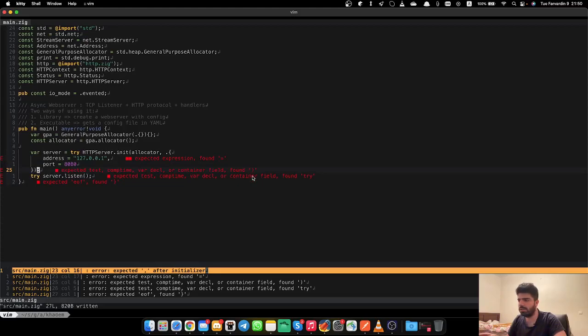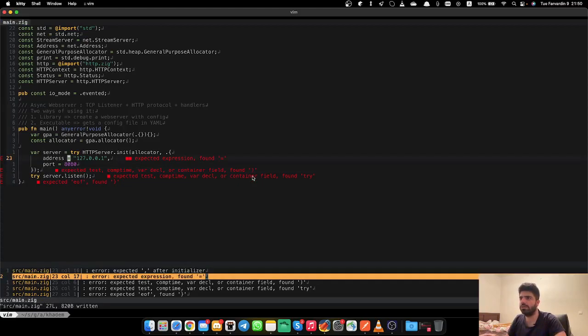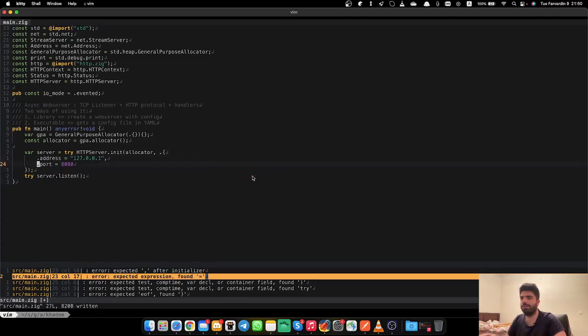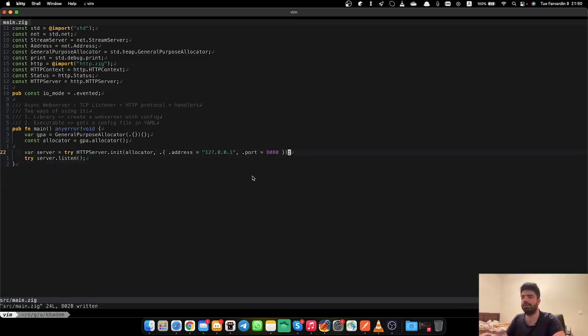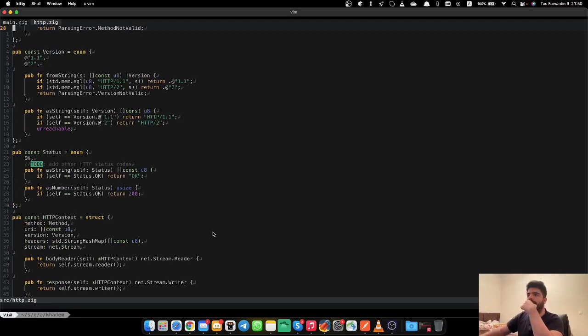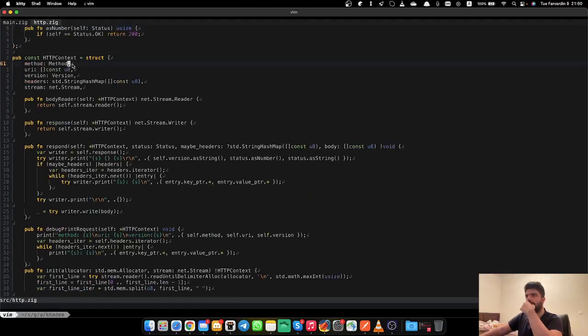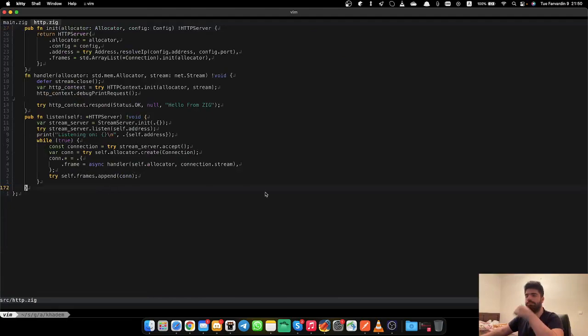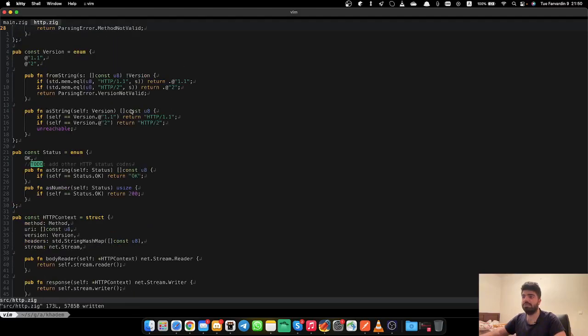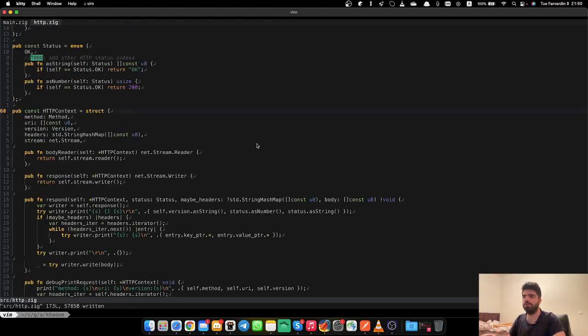Okay, why are there so many errors in here? We have the address. Oh, ouch. I always forget how Zeek does a struct field initiation. So we are going to need another type, which is HTTP, not HTTP anymore. Actually, since we are in the HTTP namespace now, these should probably be renamed to... oh, it doesn't support renames. Okay, so